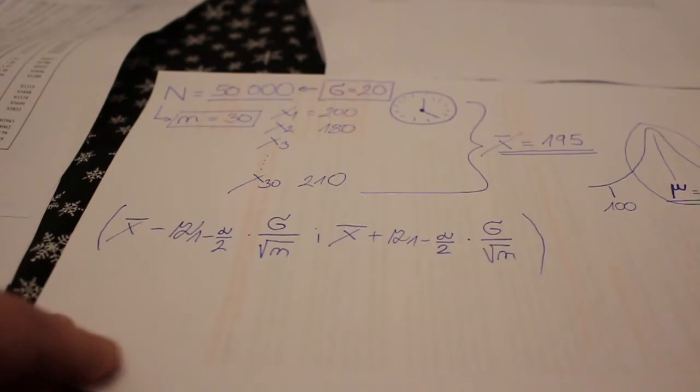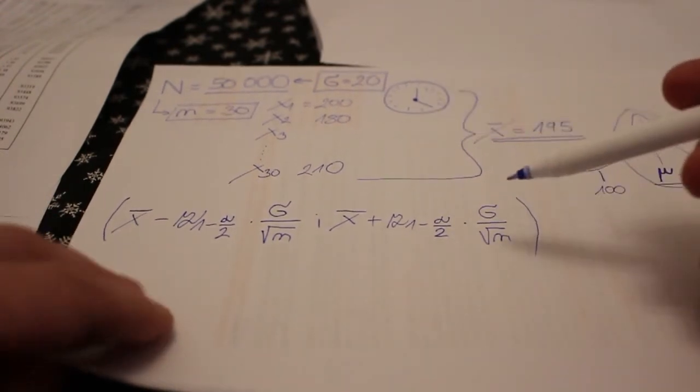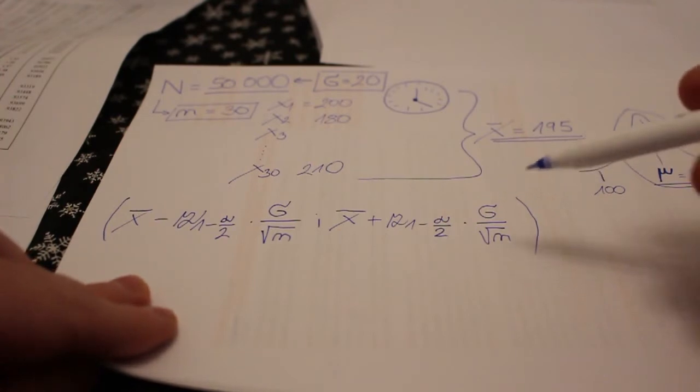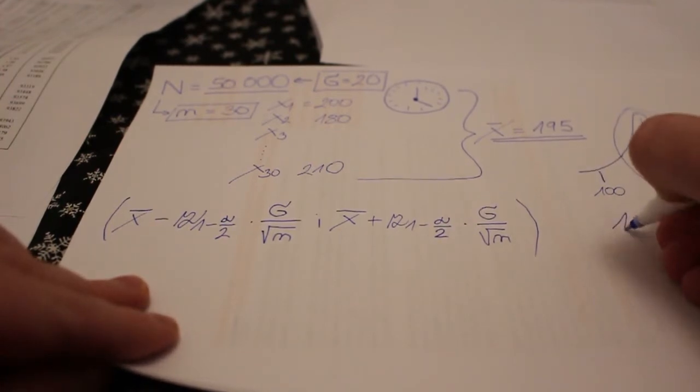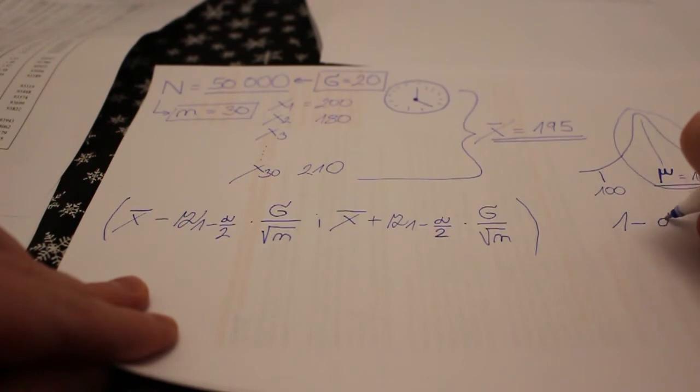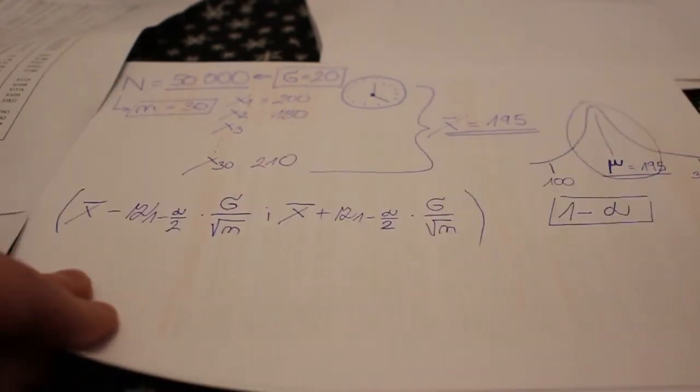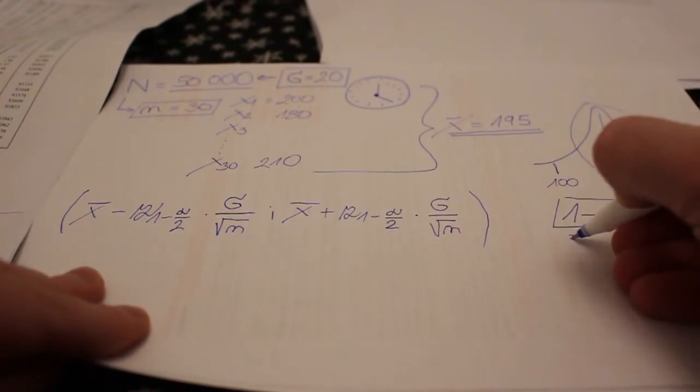The confidence level of this interval is every time 1 minus alpha, and we must calculate 1 minus alpha equal to